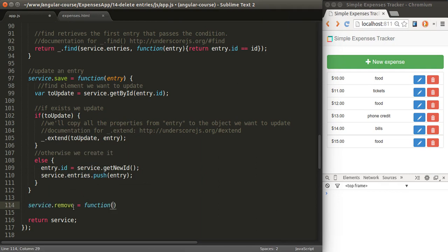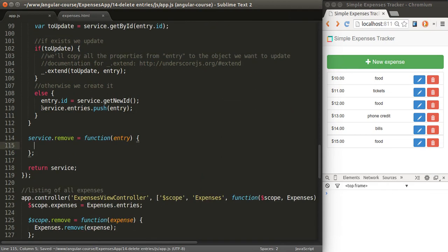It's going to be a function receiving an entry. Basically, what we want to do is iterate through our list of elements and get rid of the one where the IDs match. We could easily do that with a for loop, but I prefer to use the UnderscoreJS library for some of this data handling. There's a method called reject, which you give a condition and it will return the collection without the elements that satisfy that condition. So